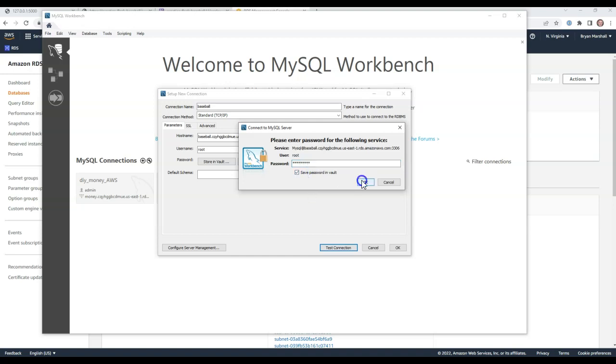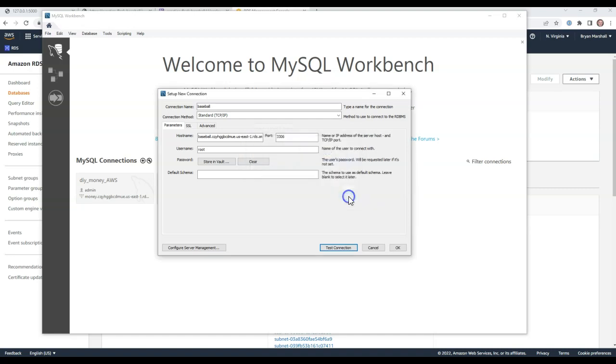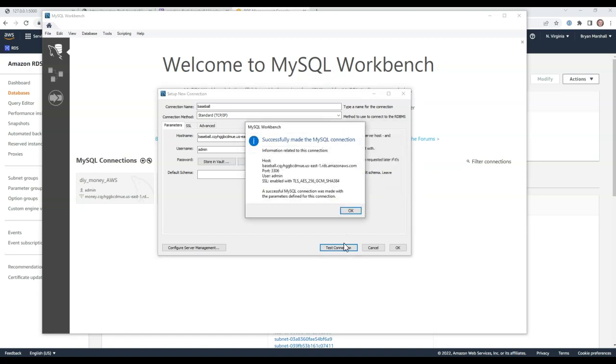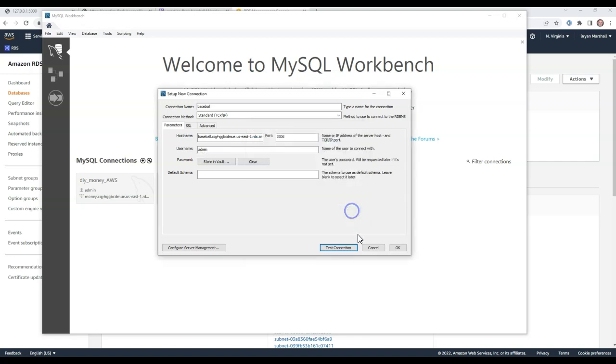I'm going to save it in the vault because it's all going to be deleted. It says it failed to connect, so most likely the password is wrong, or the username is wrong. So let's do it again and paste that in. Hopefully I'm typing that right. All right, and it is successful. So it was admin, not root. Okay, so that's good. So once I have tested that connection and followed those other instructions, I can just click